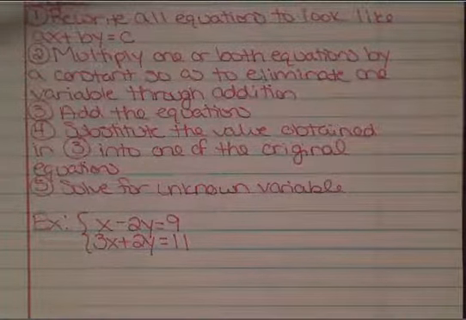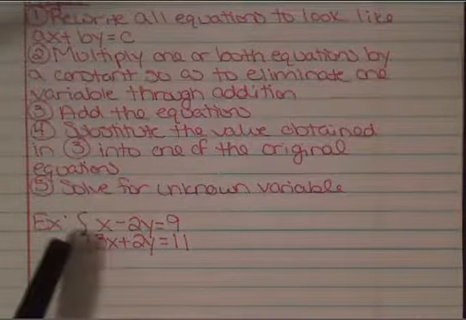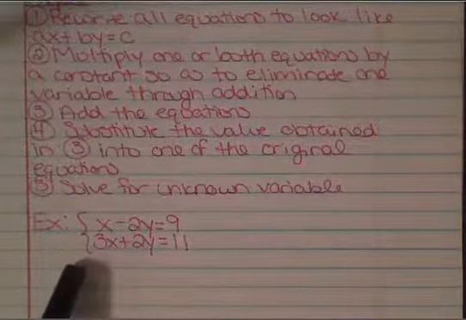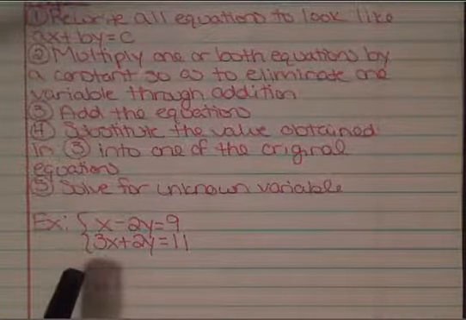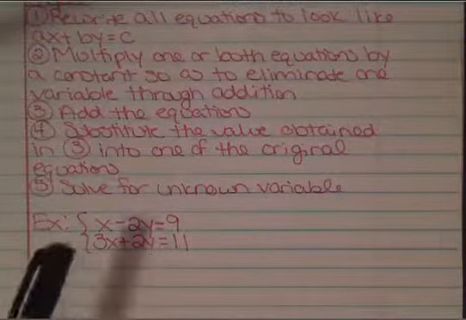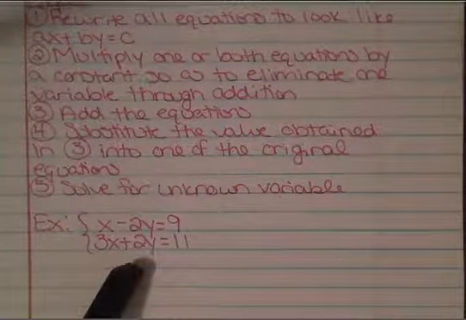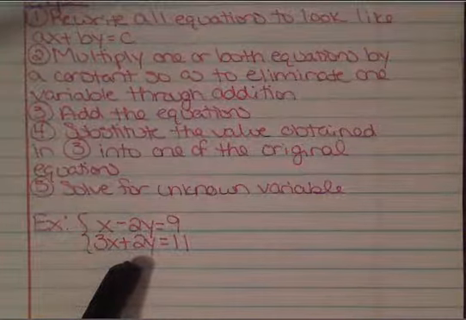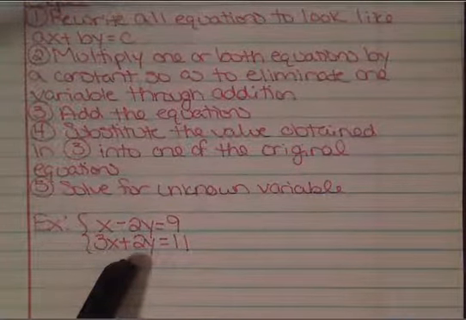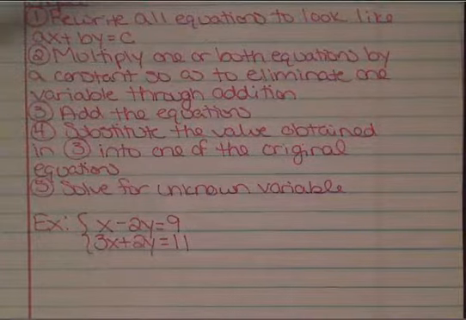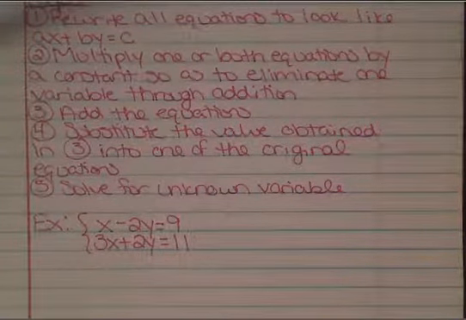So what that means is if we're looking at our equations, we have an x and a 3x. So if we were to add those, would the x's go away? No. But we have a minus 2y and a positive 2y. So if we were to add those together, would they go away? And the answer is yes. And if they do that, then we don't have to multiply either equation by anything. So I'm going to draw a line,